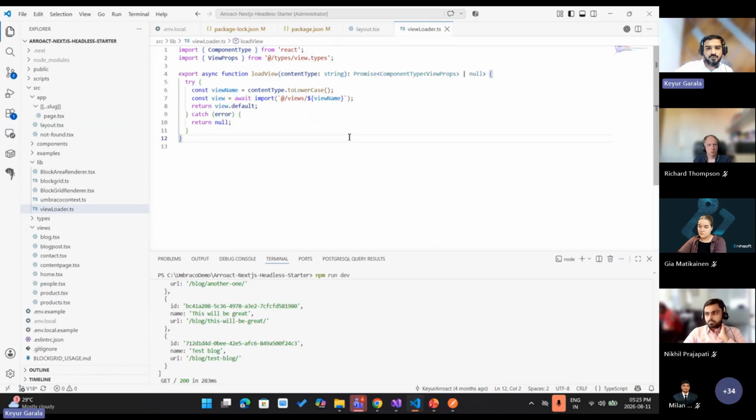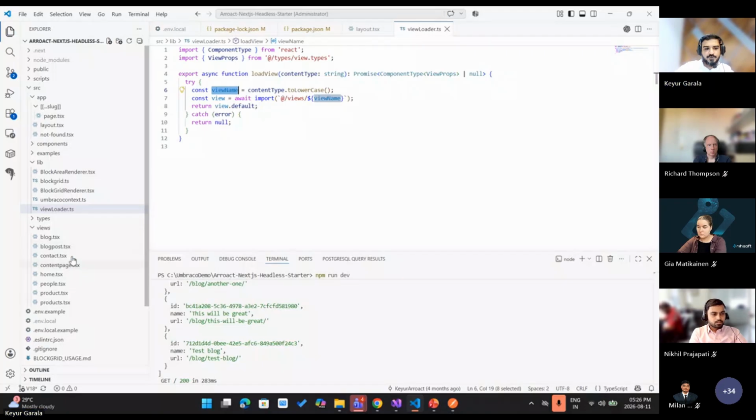This is the load view function, which basically identifies your content type and tries to find the view name in your view folder. So you can say this is a dynamic binding of your view. You don't need to manually bind your views in your Next.js. It's automatically bound, and if it's not finding that particular view, then it gives you an error like this: the view is not found under the view folder. Please create that view, and it's going to run